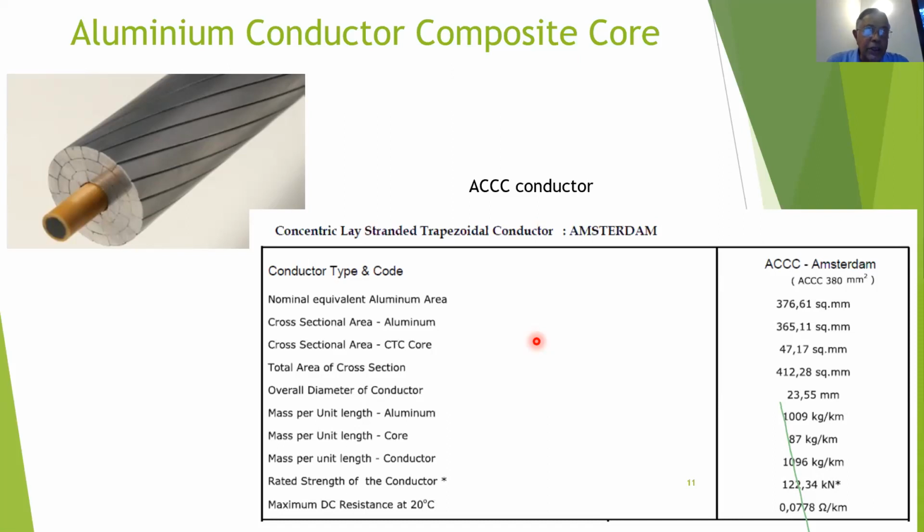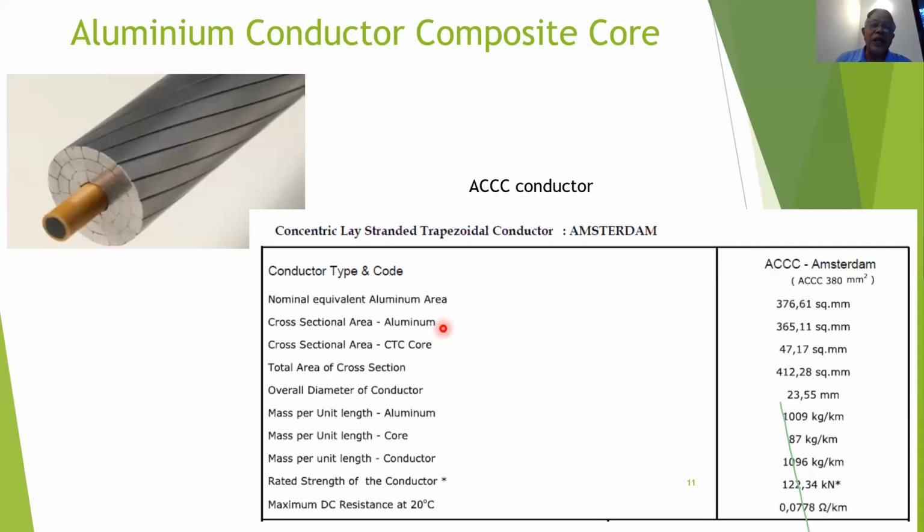If you go to Australian standards, ACSR conductors of similar sizes to lynx, zebra, and whatever is used in Sri Lanka, they call the conductors according to their standards by names of fruits. Okay, cherry, lime, and so on. And ACCC conductors are always called by the names of cities. So ACCC conductor Amsterdam, the conductor's cross section, nominal equivalent aluminum area,